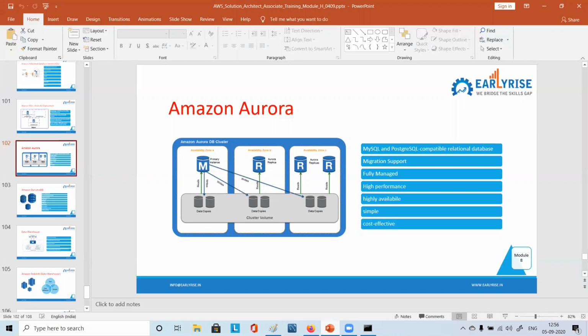So Aurora is basically elastic, right? If you want more, it will give you more. Aurora is very huge, very widely used, a very good option, and without any headache. It's SQL type only, just like how we have MySQL and Postgres SQL or any kind of relational database. It's like that only, but we don't have to blink our eyes. We don't have to do anything here.